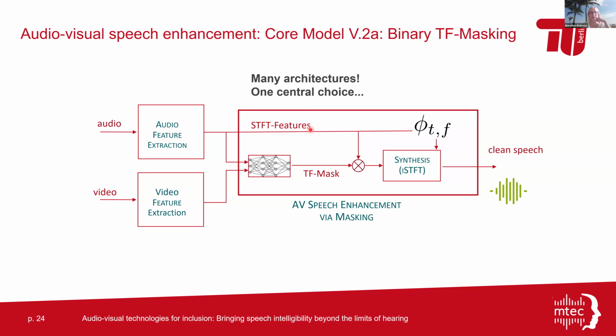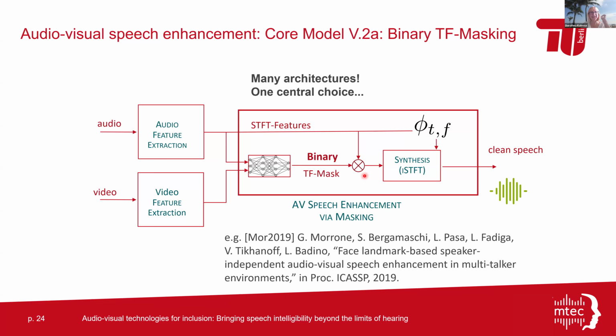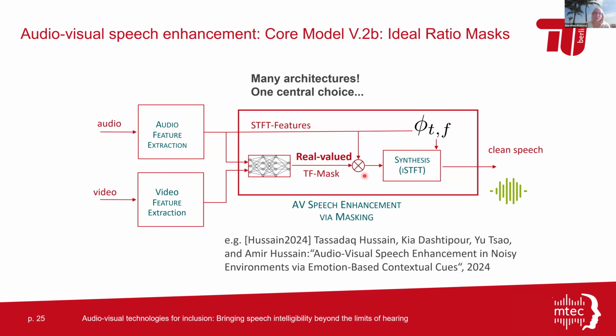For example, if you're interested in speed, you can do, for example, binary time frequency masking, where you train your DNN that you have just as a binary classifier, which for each STFT feature just estimates if this is speech or noise. That's one possibility you get in the STFT domain, and it's something that's being done. But binary time frequency masking, of course, has a certain limit when it comes to the quality that you can achieve. And so a more